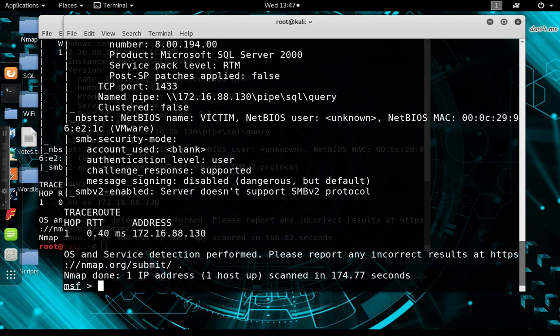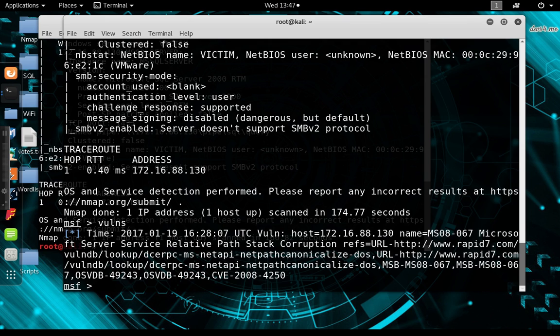So once this comes up and it's done doing everything, you just want to type in vulns. It's going to tell you what the vulnerabilities are. So as you can see here, it's some NetAPI vulnerabilities, which deals with this CVE. I know these are really old CVEs, vulnerabilities, but anyway,